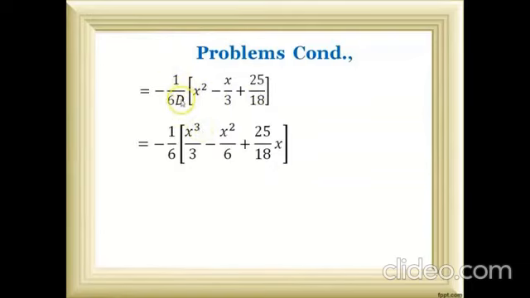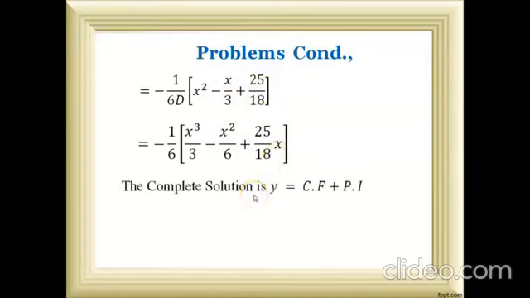So therefore, 1 by D is, we know very well, D is d by dx. 1 by D means integration. We need to integrate the whole thing with respect to x. So therefore, 1 by D of x square. X square integration is x cube by 3. X integration is x square by 2. 2 into 3 value is 6. Plus constant into integration. Integration of any constant into dx is x. So therefore, this constant into x. This is our final P.I. here.